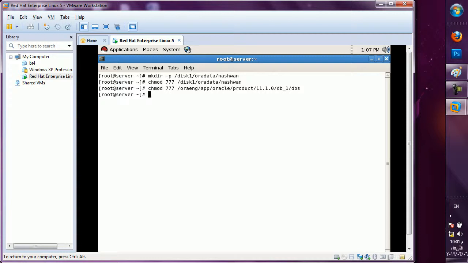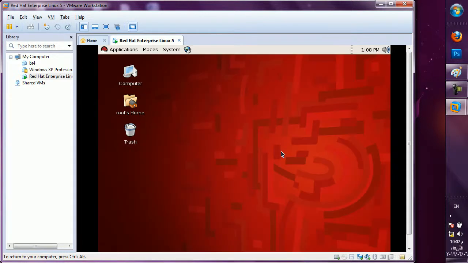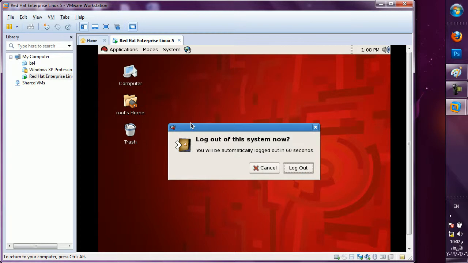Clear? My root work is finished. Now you can log in with batch 3 and password 1234, and I can use this folder from there. I can keep the files in the Nashville folder now, because I got the permission from Linux. I can keep my parameter file in the DBS folder because I got the permission from the Linux administrator. Now exit. Now there is no need of coming to root daily.